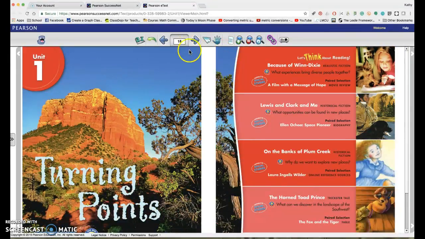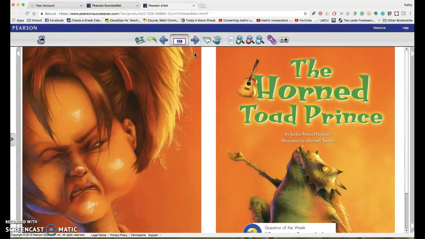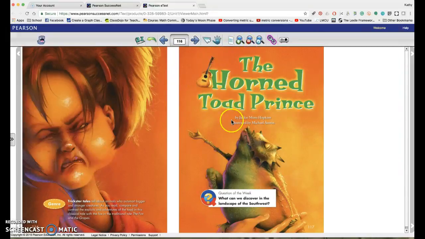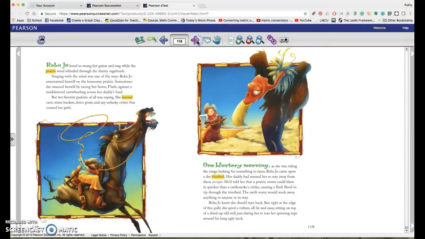Again, make it smaller so you can see. Once you're here and you've figured out where you want to go, you can simply type in the page number that you would like to begin on, and then press enter. So I'm going to make that smaller still, so I can use this and then read this by myself, just clicking on the page numbers as I go,